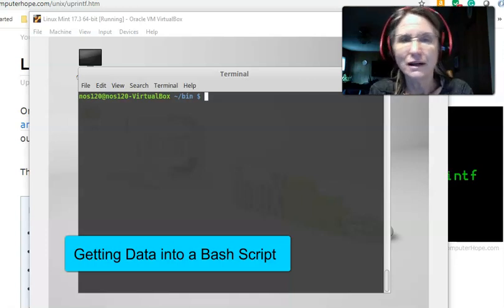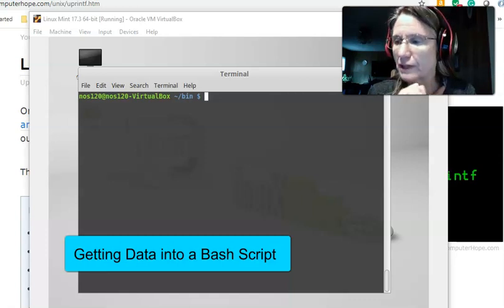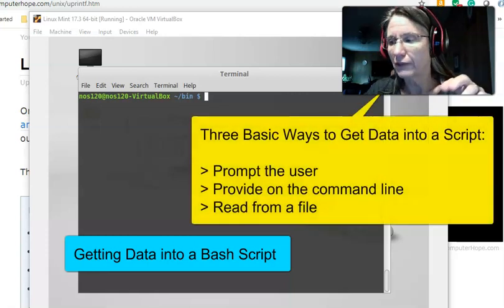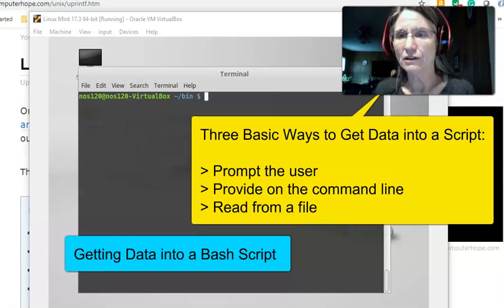Hello again. I'm here today to talk a little bit about data input and output in a shell script. And so to make that conversation a little bit more real, let's do it with some examples. First, let's discuss the fact that there are three basic methods by which you can get data into your shell